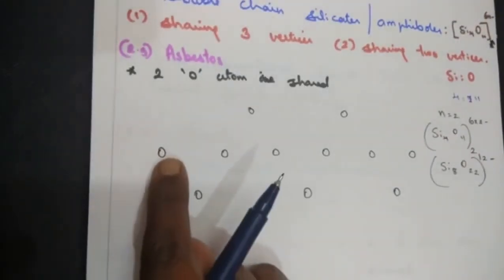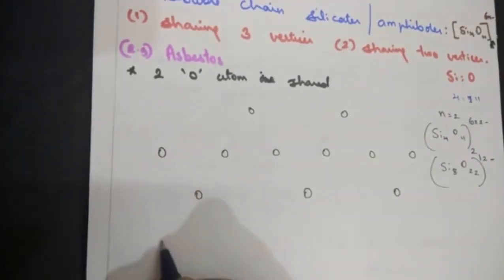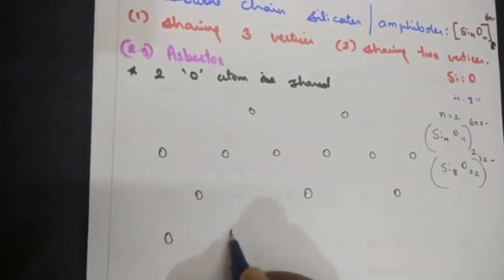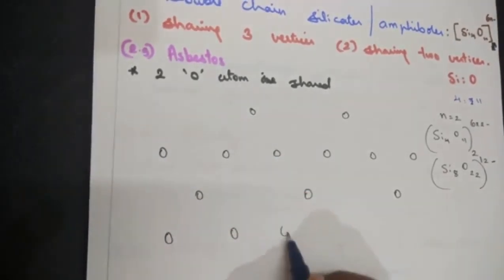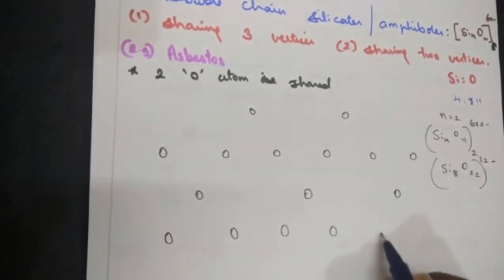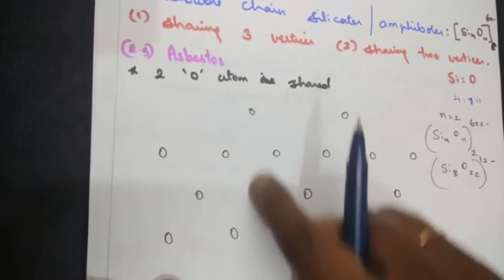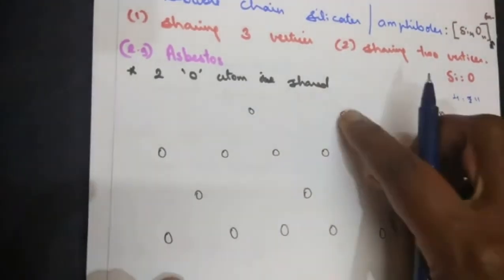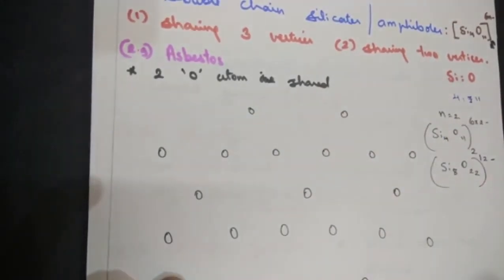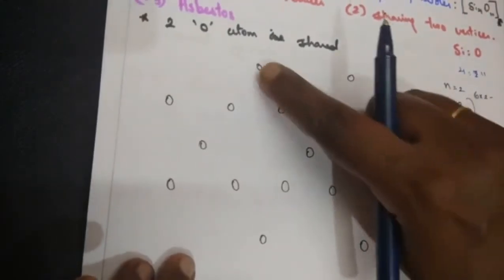Come back. Repeat the same line here. That is below this 1 oxygen atom. Below this 1 oxygen atom. Below this. And here, here and here. As you have written, straight to this one, write 1. Straight to this line, write 1. This is the example of, straight to this line, 1 oxygen atom. Straight to this line, another oxygen atom.